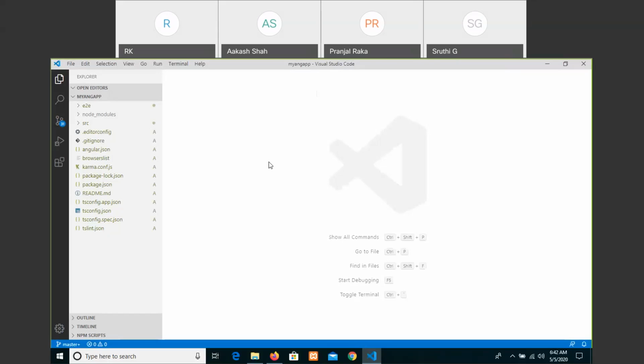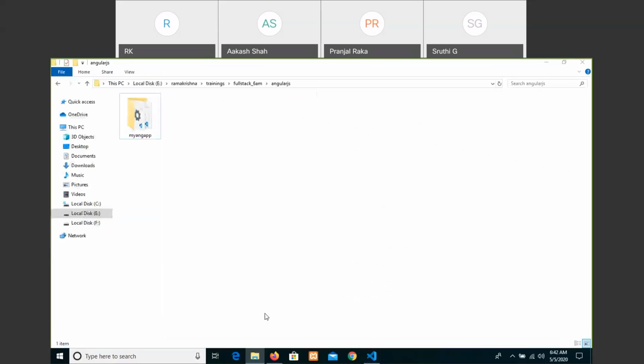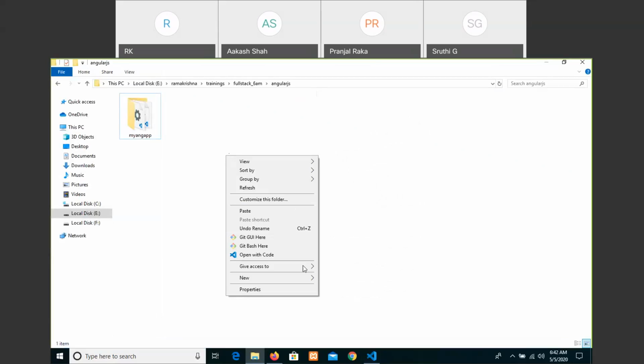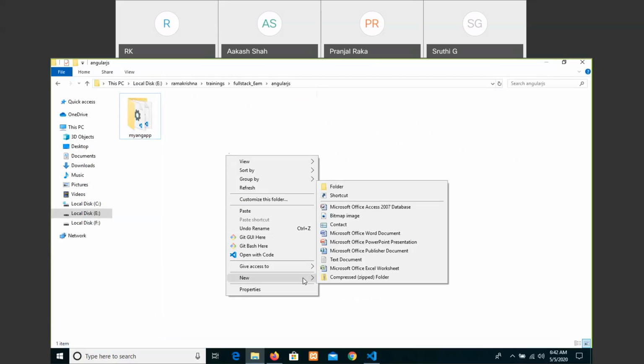Client side, open source technologies only. And the differences, what are those we can have? Let me create it in a notepad file, or else let me create a Word document.